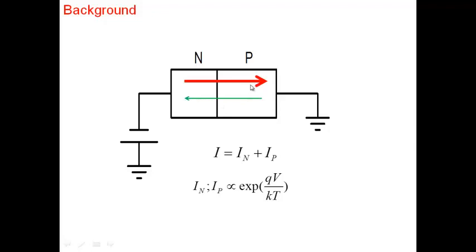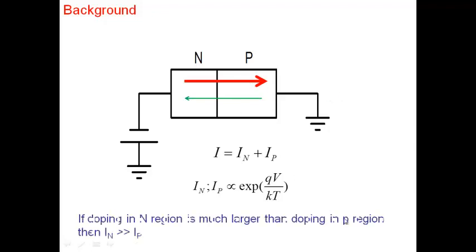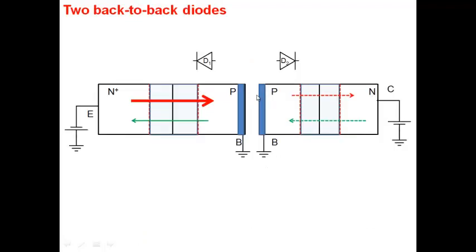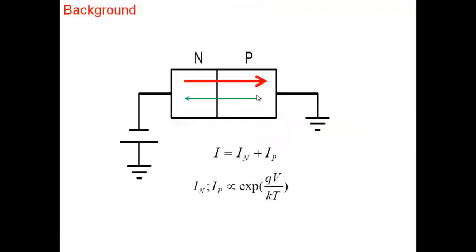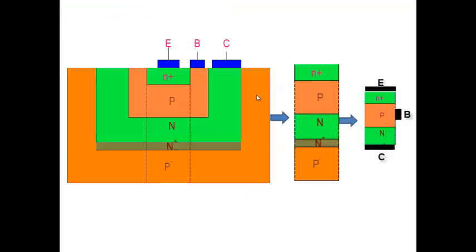And if I keep a lighter doping in P, the electron current then becomes significant. So that's how I make electron current much larger than the hole current here. So I can make IN much larger than IP by simply raising doping here and keeping doping small here. All right. So when we see a bipolar transistor, what we see is two junctions here, N plus P and